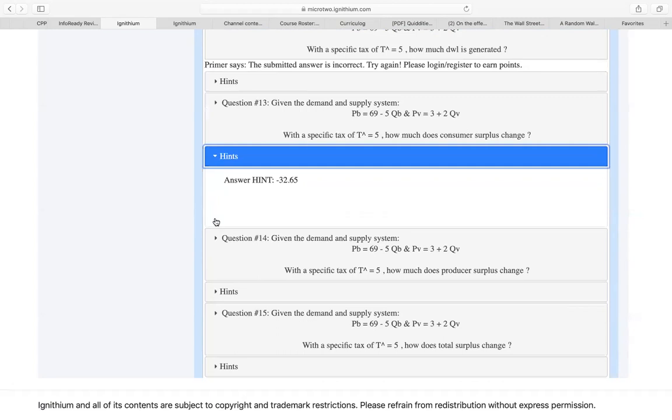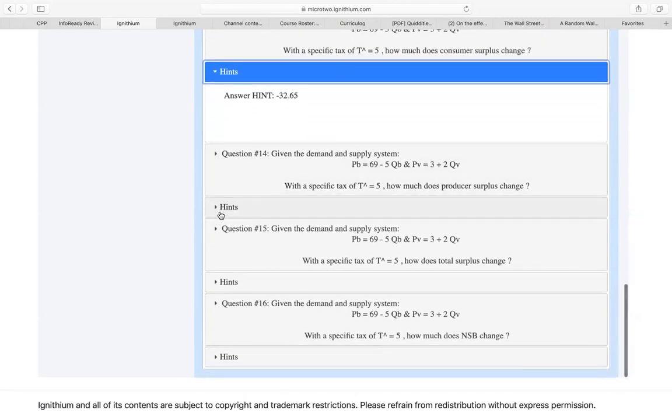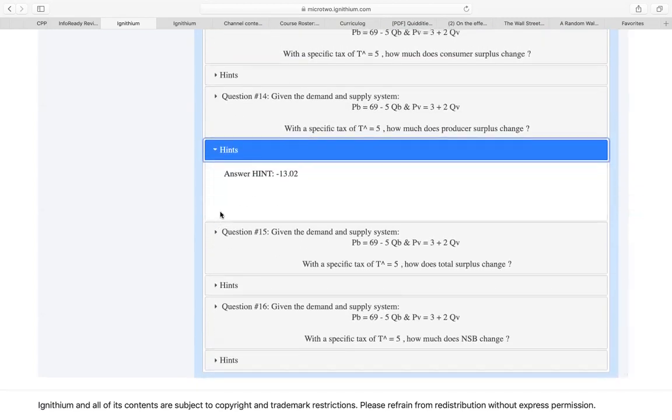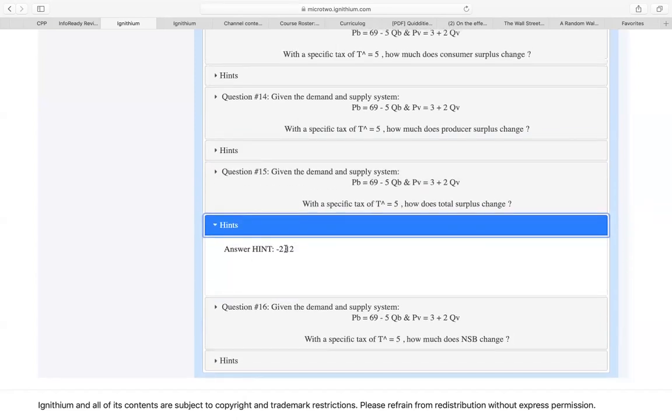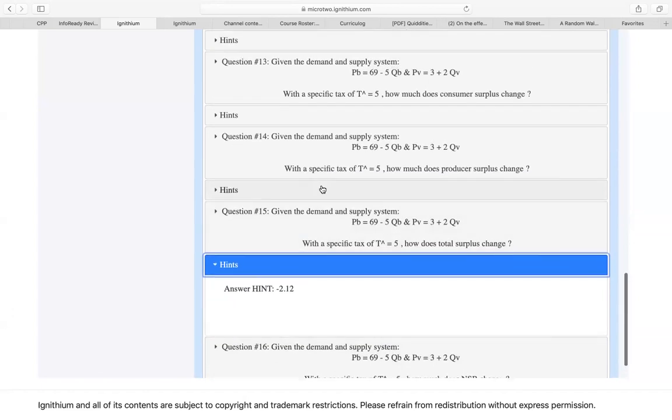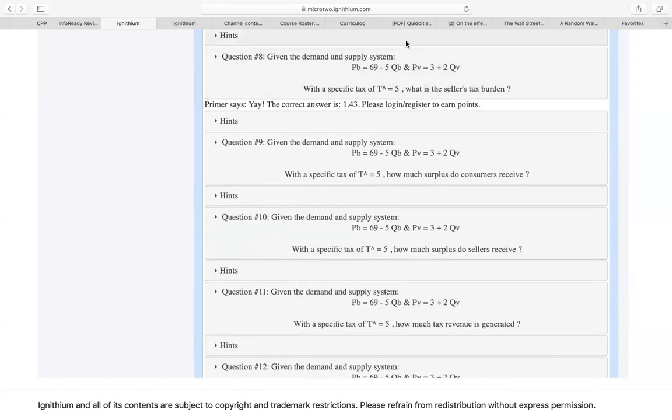And how much does consumer surplus change? You can see that answer. How much does producer surplus change? You can see that answer. And with a specific tax, how much does the total surplus change? I'll show you that one. And I'm going to keep number 16 hidden, and you all can figure that one out on your own. Okay. So there's stop share, and I'll stop the